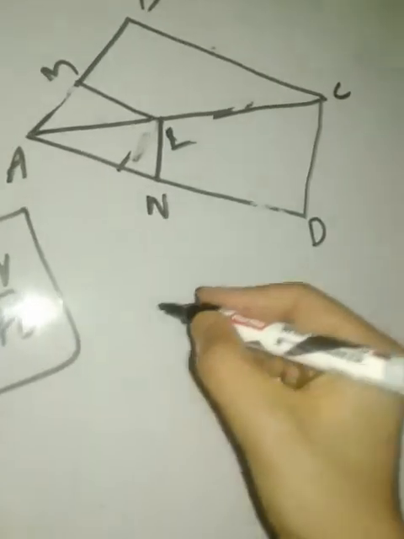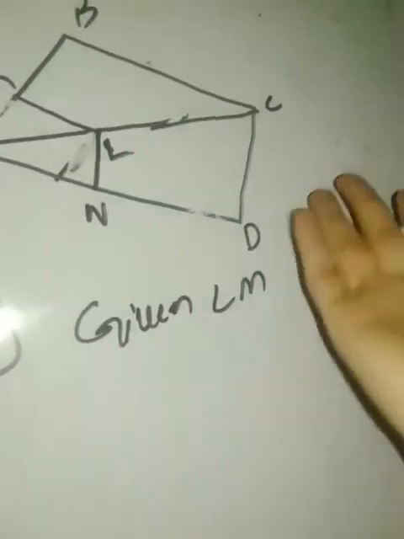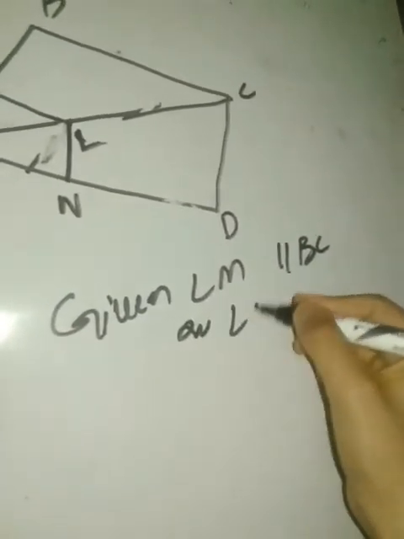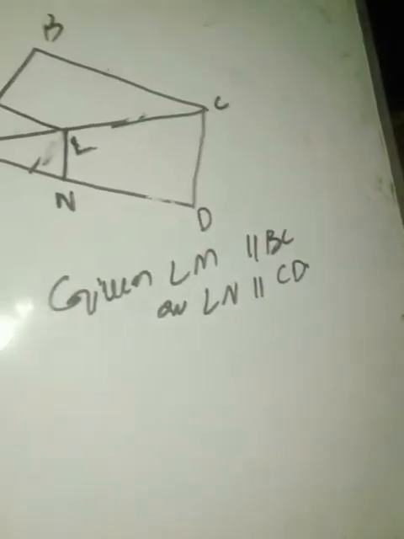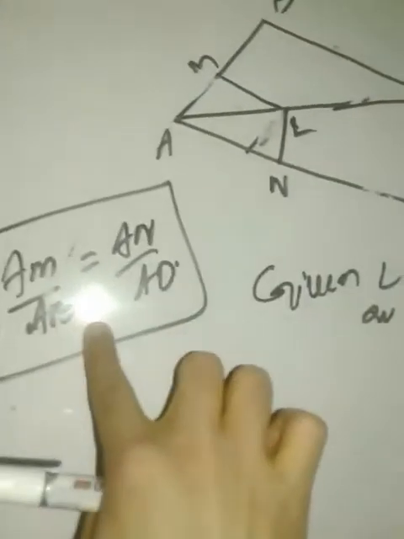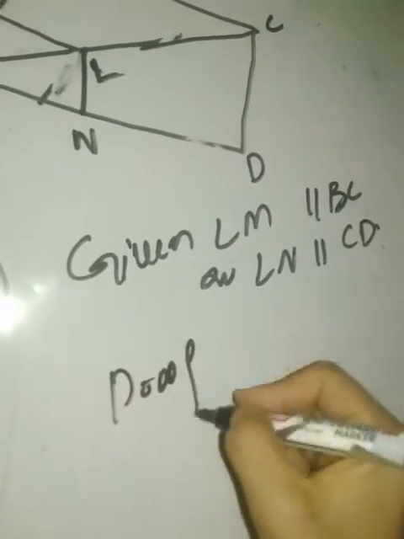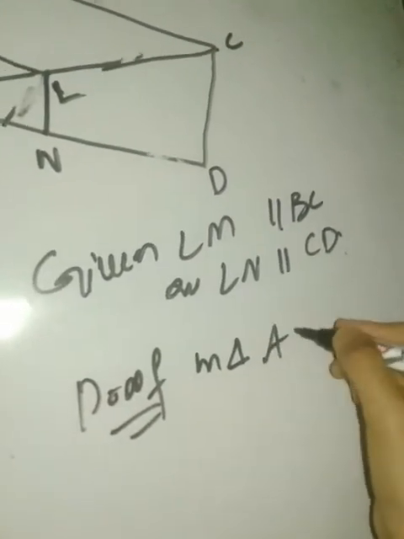So we will write, given is LM parallel to BC, and LN parallel to CD. This is given. Now to prove is AM by AB equals AN by AD. Now have a look, the proof is very simple. Proof: in triangle ABC,